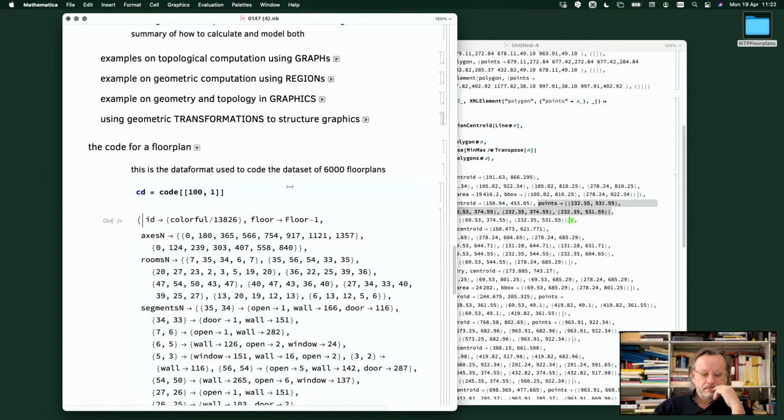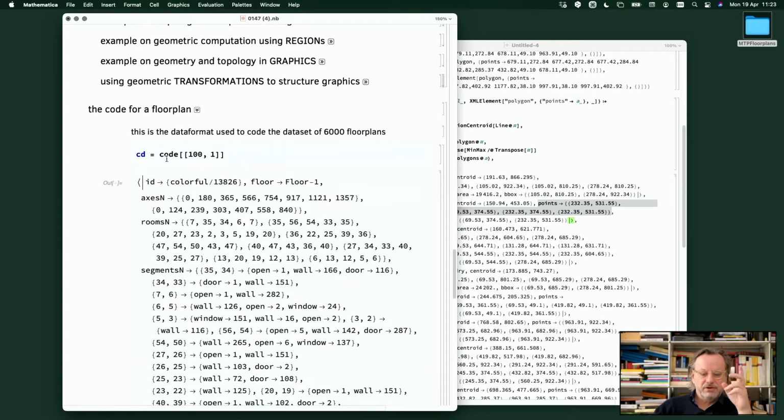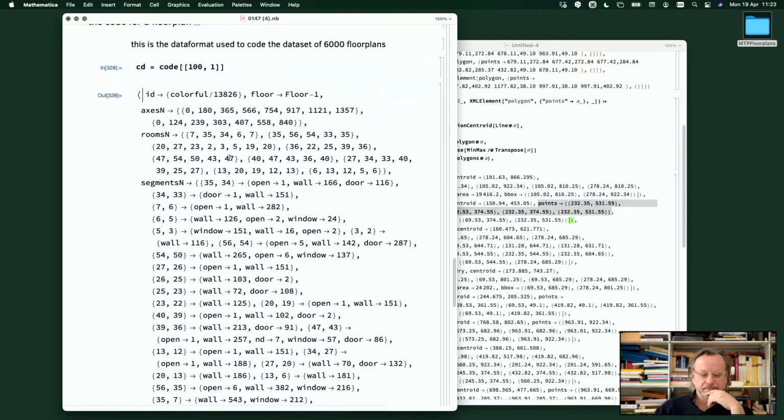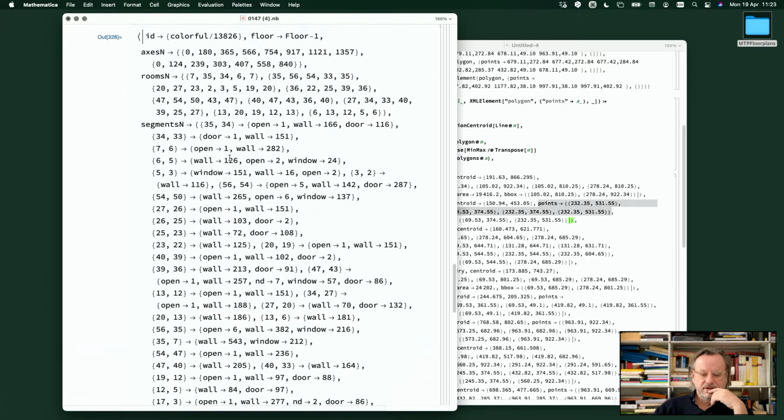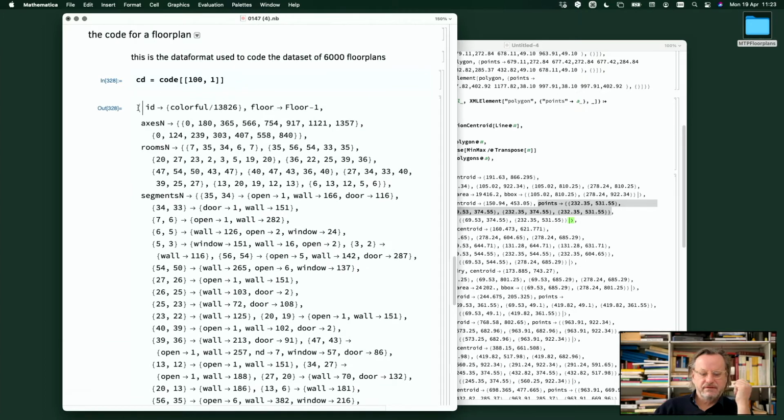So the code we loaded above, for example here, building number 100, floor plan 1, it's this. So you see, this is our data format. We have again an association, key, value, and now this is our geometry,